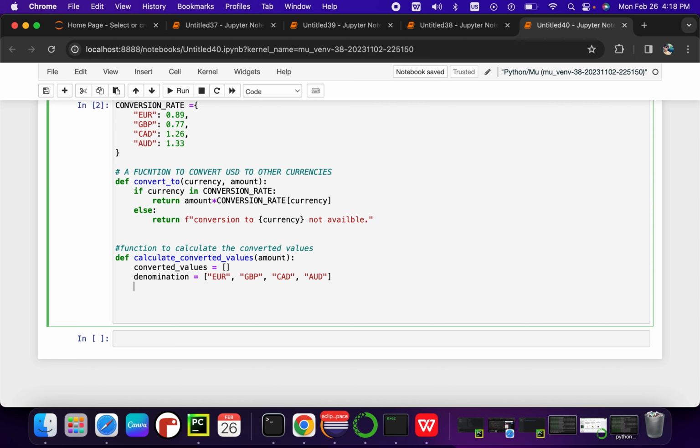Now I want to use a for loop, and inside this loop, I'm going to call this method. For currency in denominations. This should also be denominations. For currency in denominations,